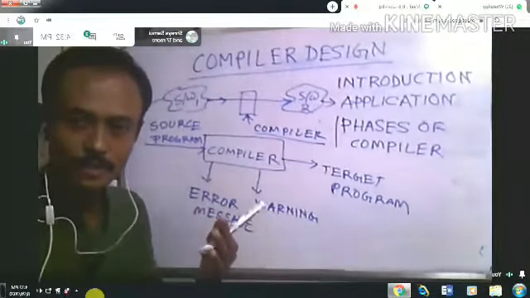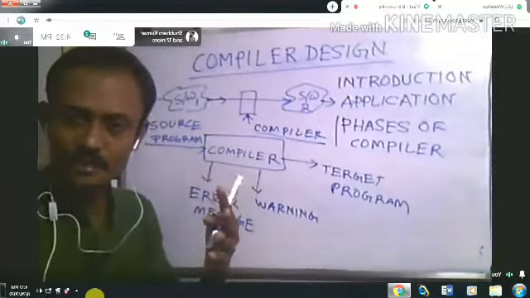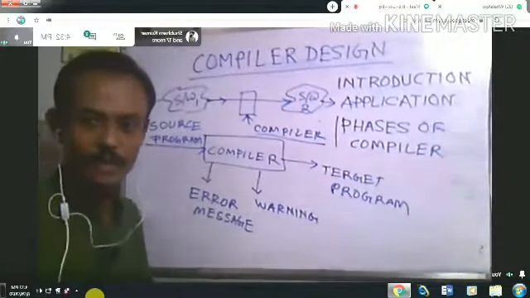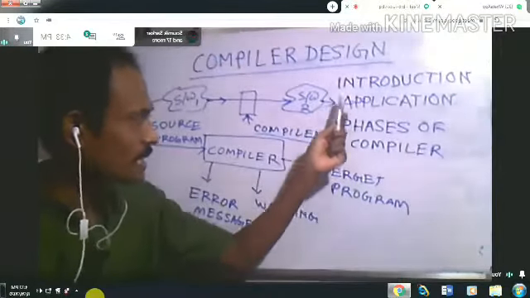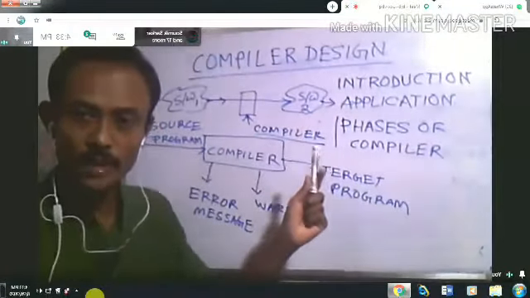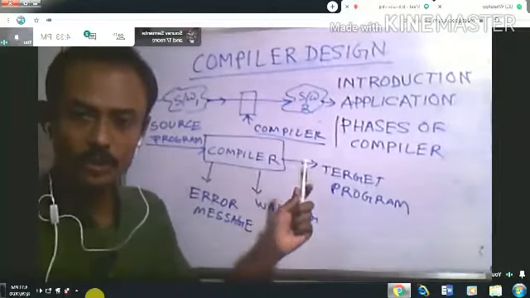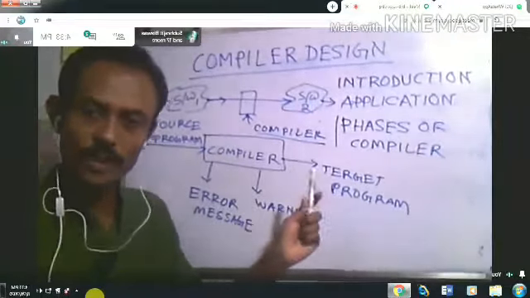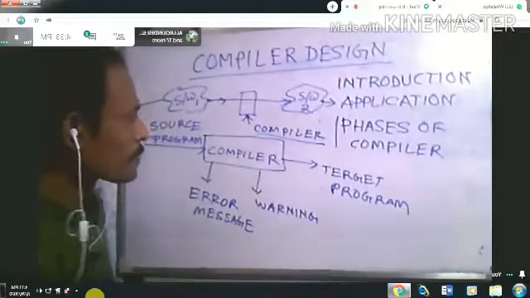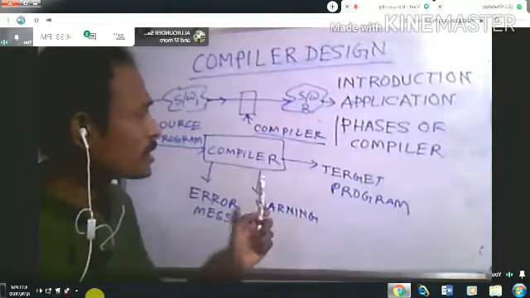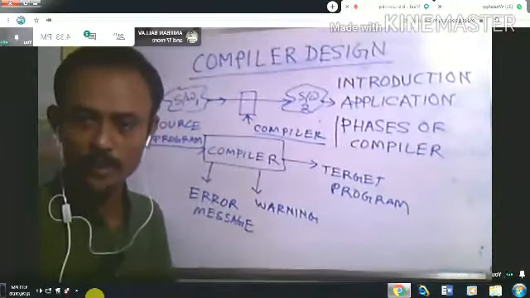As an engineer, a computer science engineer, if you have some concept of the compiler, then it may help you hugely in future. Another thing you should remember is that compiler is one of the important papers included in the GATE syllabus. So compiler is also a subject in the GATE syllabus in computer science. Okay. Now we will see what are the different types of applications of the compiler.